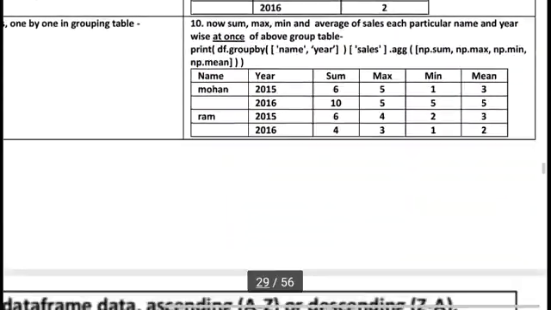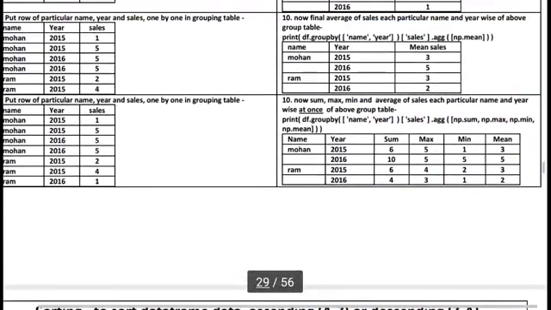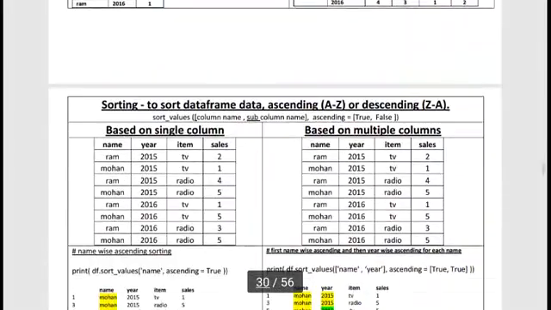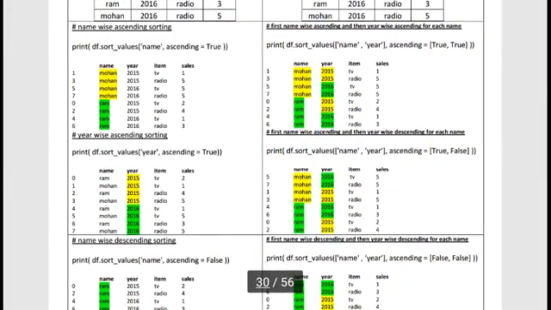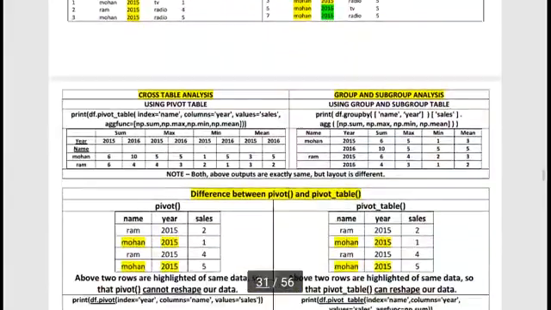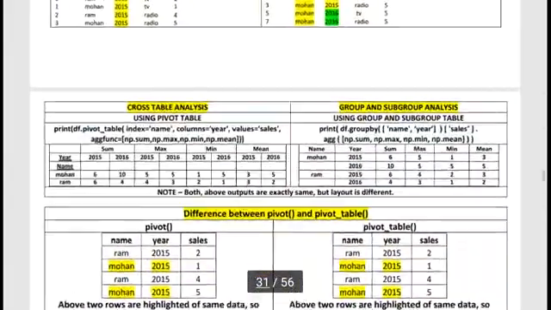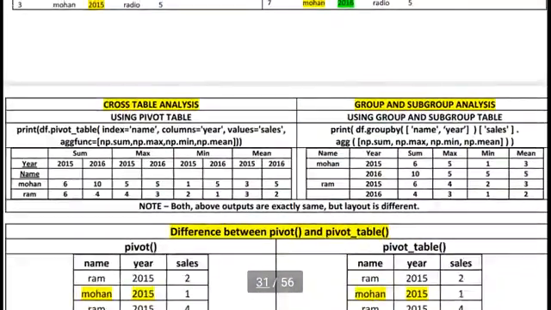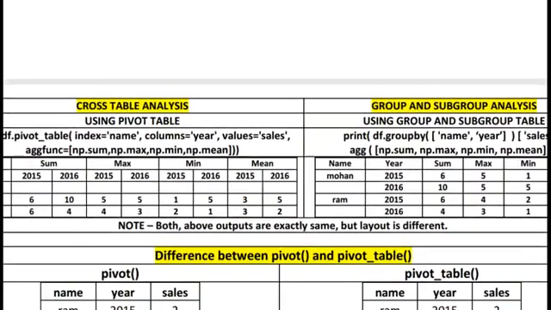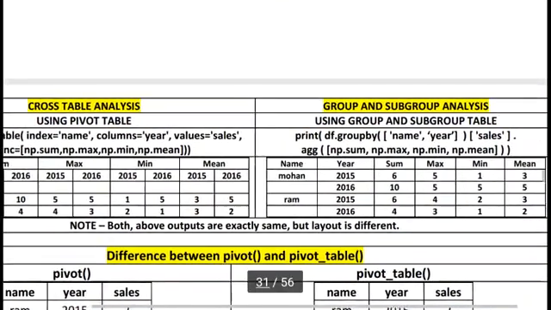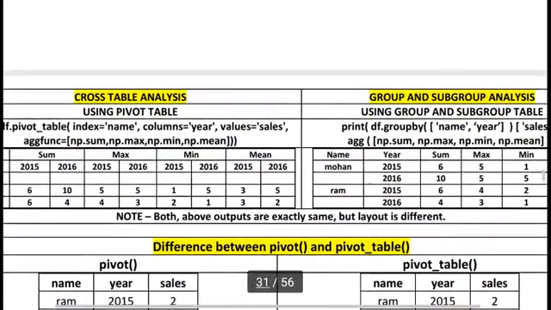Okay students, now I want to discuss a few new things regarding pivoting and grouping. So you can see, we can comparatively see the result here. You can see the first cross table analysis and grouping and subgrouping analysis.